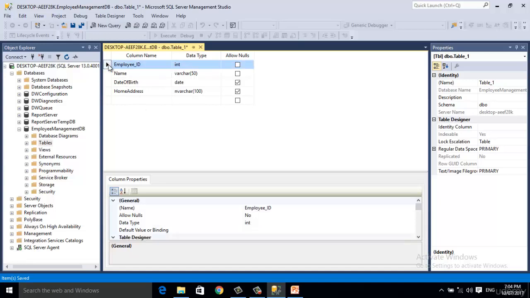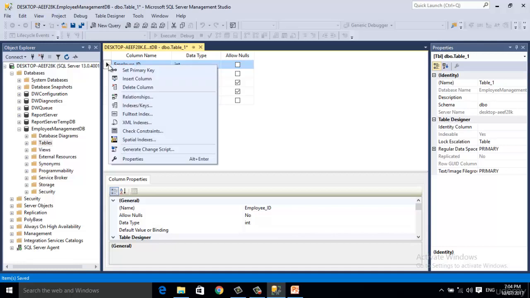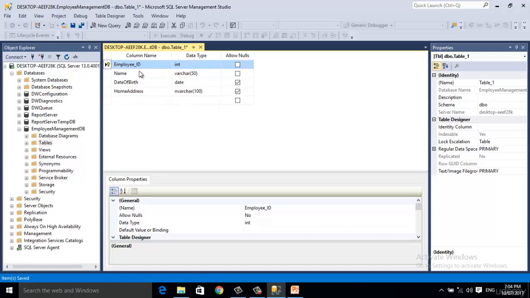I haven't yet defined any primary key in this table. I think the employee ID is the basic information that can be used as primary key, and I can identify a complete record uniquely with the help of this employee ID. So just right click on employee ID and click set primary key. Okay. After setting the primary key,